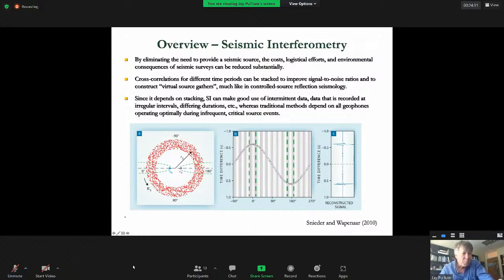If you plot the cross correlations of the arrivals at these two receivers as a function of azimuth, with azimuth on the x-axis and the time difference between the arrivals at the two sensors on the y-axis, you'll find that at, say, negative 90 degrees you have an arrival with a certain polarity, and over 180 degrees away,